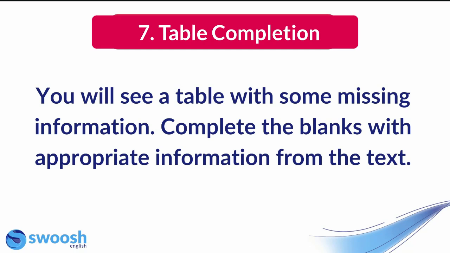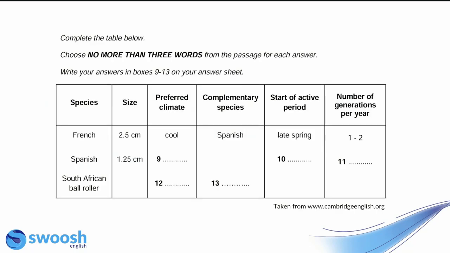In this question, you will see a table and there will be some missing information. You need to complete the blanks with appropriate information from the text. So it might look something like this. You can see, once again, we're being told exactly how many words that you can write. And you can see that the gaps are numbered within the table. So it's still completing missing information, but instead of being presented to you in sentences, we're filling in words in